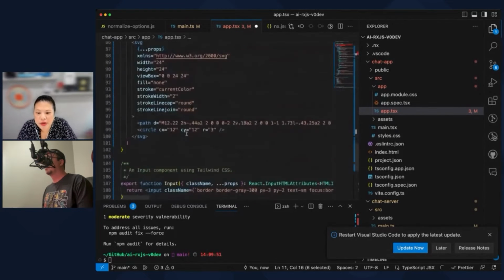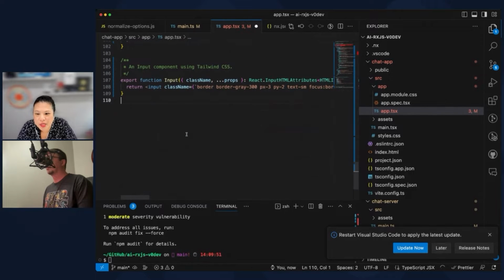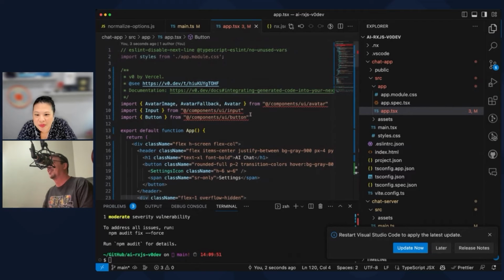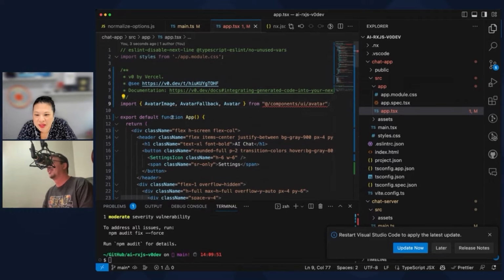So we're not stripping out that much V0 stuff. We're just stripping out a little bit, just the input and the button. It's so ridiculous that I'm just like, okay, let's fake these two.